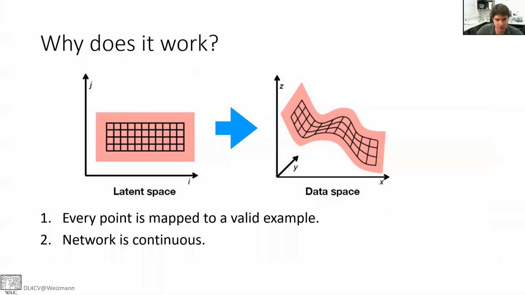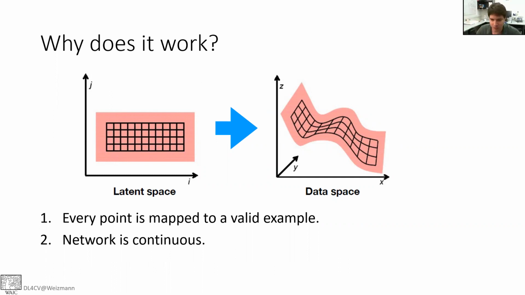And this is based on 2 principles. If you train your GAN correctly, if everything is good, then every point is mapped to a valid example. So whatever Z you have, you're expecting to get a good face in this example. The second thing you should notice, which affects a lot of the things that we do and that we sometimes don't think about, is that neural networks are continuous functions, almost all of them. Only very rare variants that you can bump into are not continuous. Being such a continuous function means that if you do a small step in Z, you expect to get a small